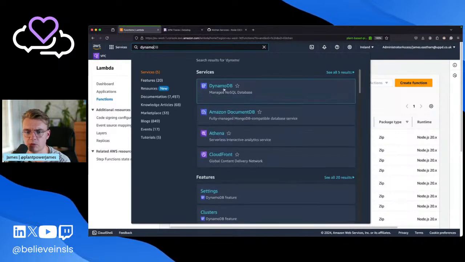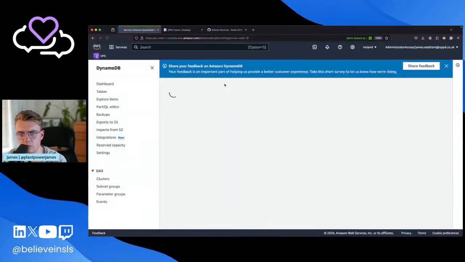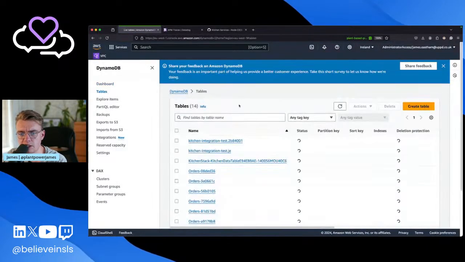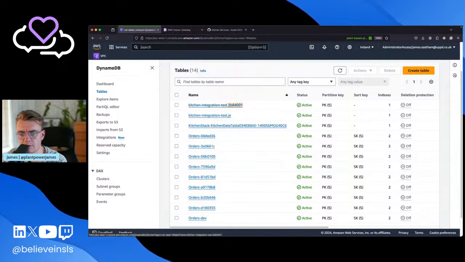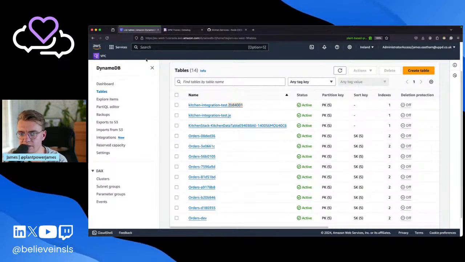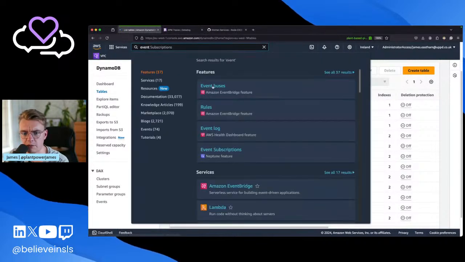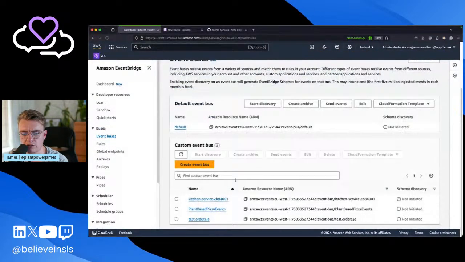Let's have a look at DynamoDB tables. Hey, would you look at that? I've got my integration test DynamoDB, which should mean if I go to my event buses, I should also have